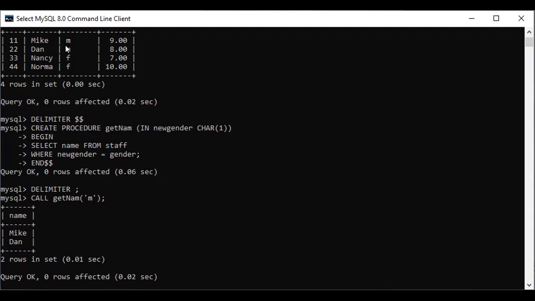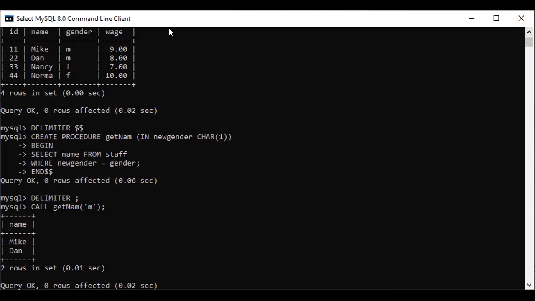For example, for male, here we got two values, but we want only one value, maybe Mike or maybe Dan. So in that case, we have to make another input parameter. It is already gender, and we've got two. Now to find a particular person among males, I just want Mike. So at that time I can create another input parameter, maybe ID or maybe weight. Then I can find Mike. Let's see how I'm doing.